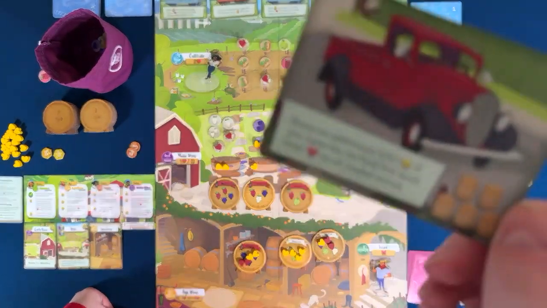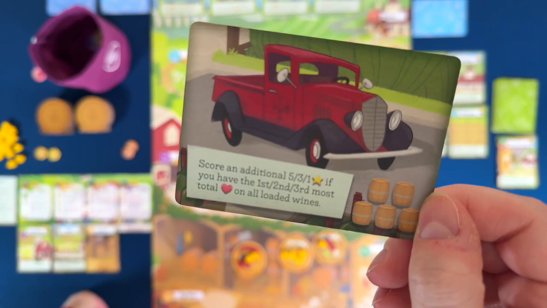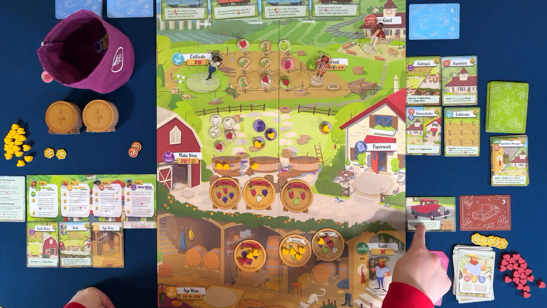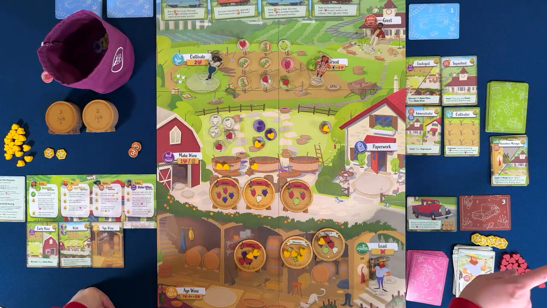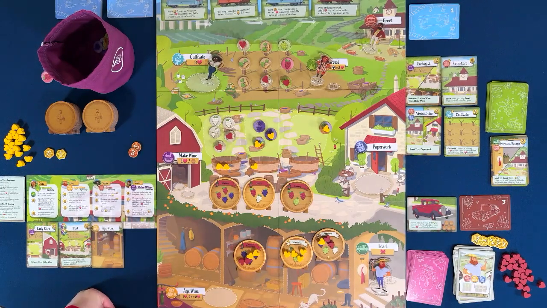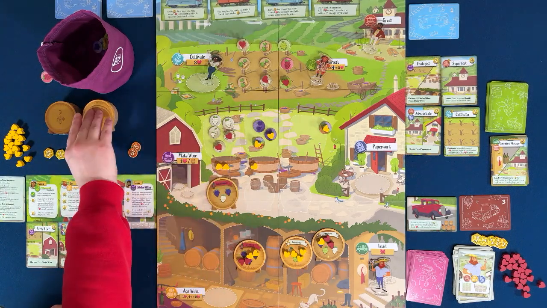Our next truck card is a level 2 one, and it's saying score an additional 5, 3, or 1 stars if you have the first, second, or third most total hearts on all loaded wines. So this is the one where majority is going to be important. And I am lucky here in that I've kind of started to set up for that with this barrel that has a ton of my hearts on it. This is looking for 5 barrels total, so you can see we're already pretty close to getting that level 2 moving along. We'll then replace all of these barrels using just level 2s this time,